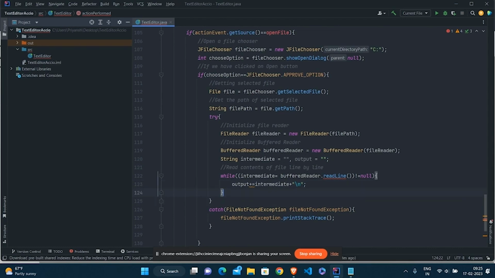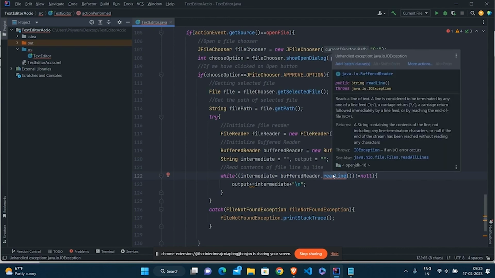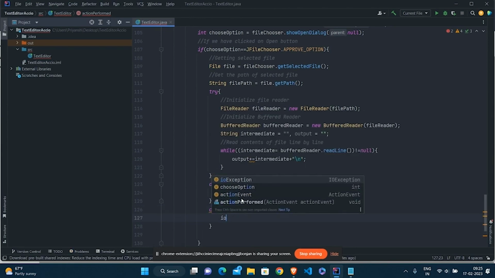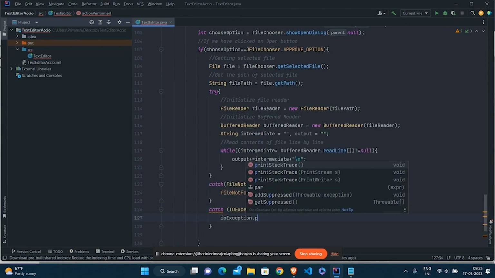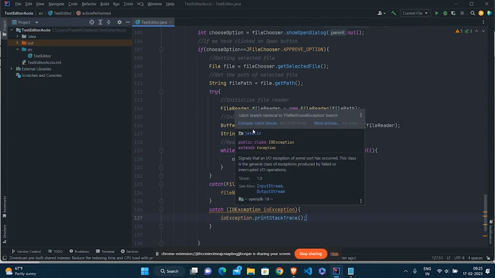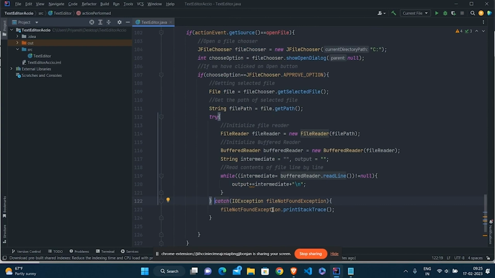Now you can see we have a red line here. That means we have not handled an exception called IO exception. So we need to catch this exception: catch IO exception, IO exception dot print stack trace. And we can just collapse these catch blocks.